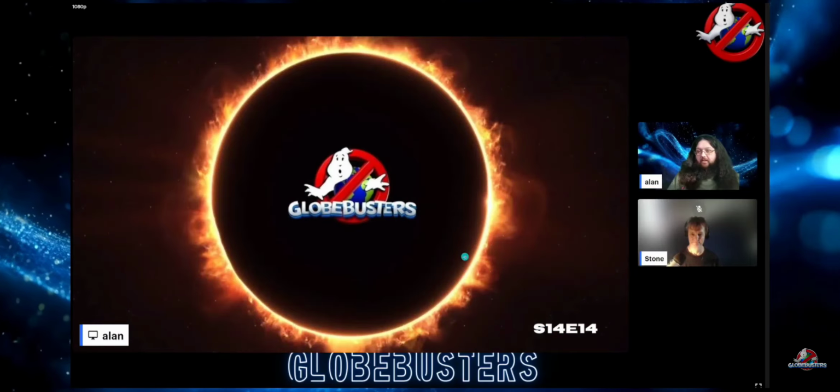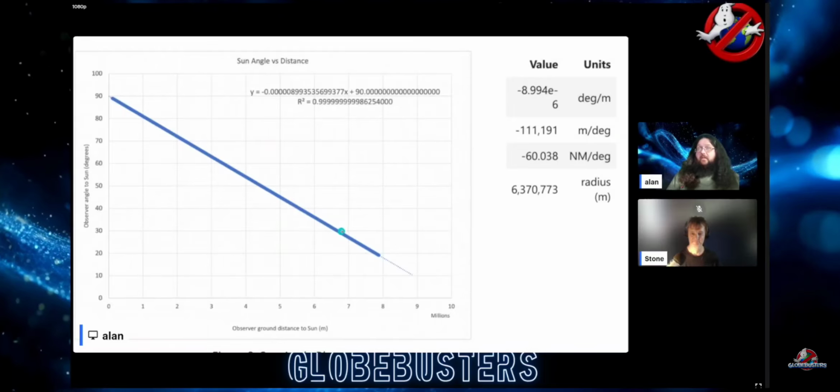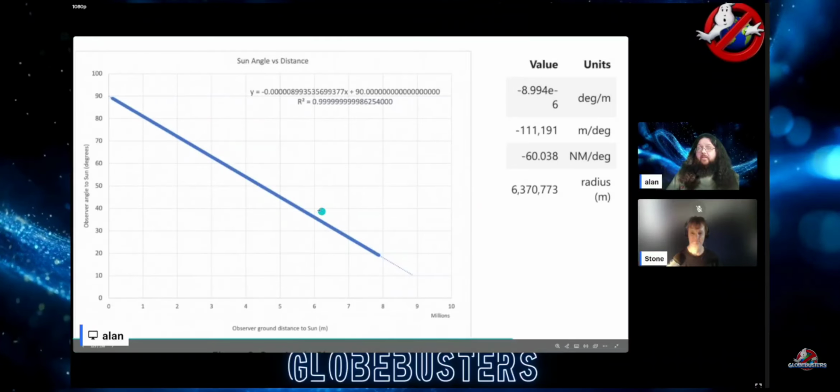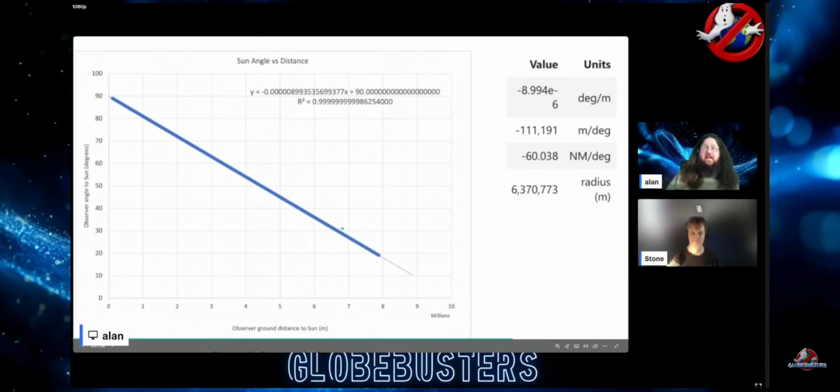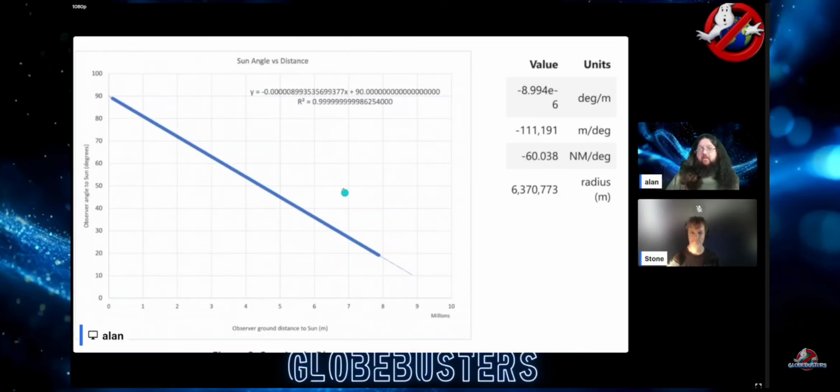Awesome. Then for episode 14, we did the celestial theodolite eclipse edition, which was a new application of the celestial theodolite principles. So taking the angular drop relationship of 60 nautical miles per degree, we take an observer at the equator, or well, in this case, giving a North Pole example, for the sun's actually at the equator, so that's not going to make sense. But anyway, if you were to watch the sun angularly descend from your zenith, it would follow a 60 nautical mile per degree relationship, and you can multiply that all out to get a radius of 6,370,000, which is about Earth's radius.